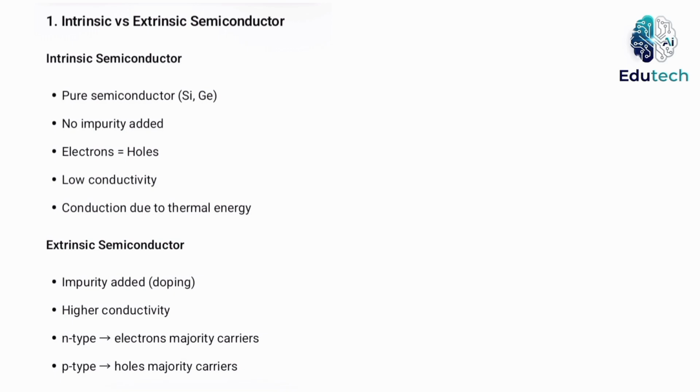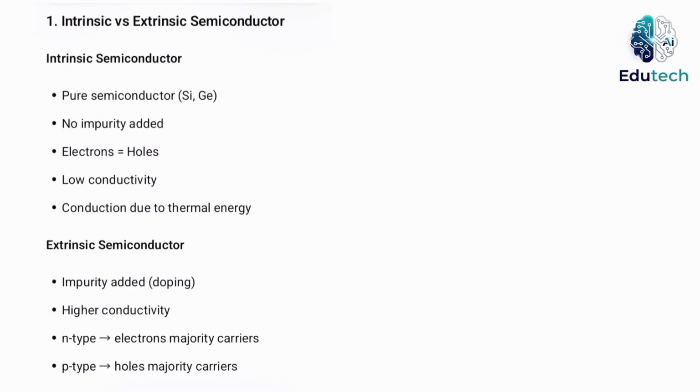What is an intrinsic and extrinsic semiconductor? An intrinsic semiconductor is a poor semiconductor material like silicon or germanium without any impurities. In this type, the number of electrons is equal to the number of holes, and the conduction is due to thermally generated charge carriers. An extrinsic semiconductor is formed by adding small amounts of impurities to a poor semiconductor to